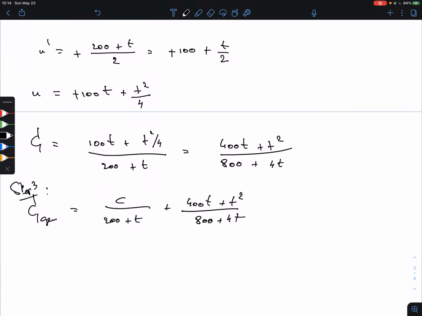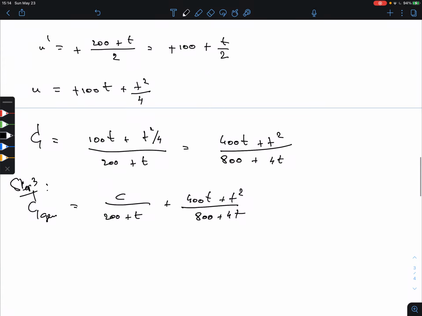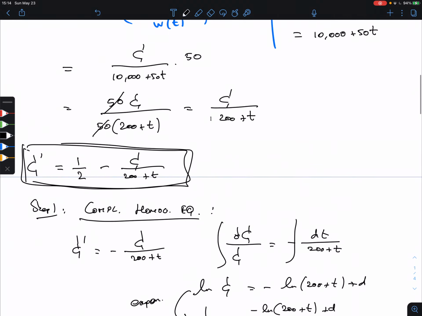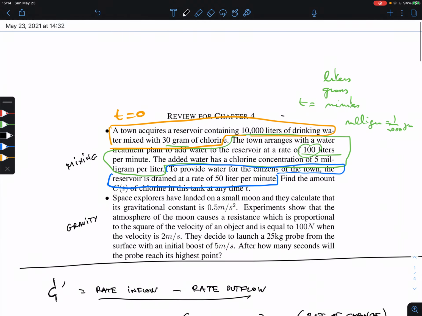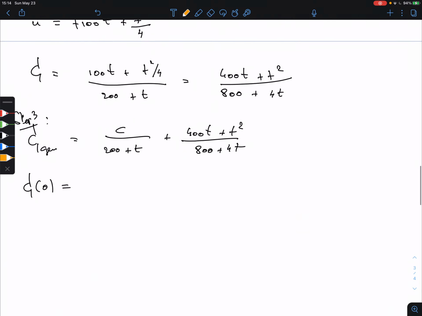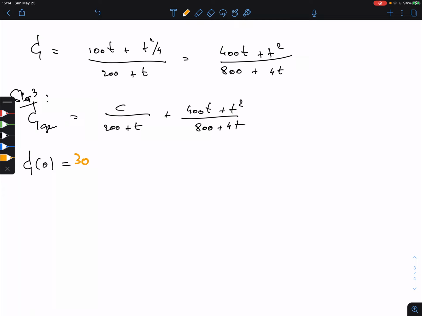Okay, so now we need to calculate c. At time 0, do we know what happens at time 0? We haven't used that information really. The only thing, the orange here, is that it was 30 grams. We just have to put in the amount, 30 here. So if I put in t equals 0, what we get then, we get